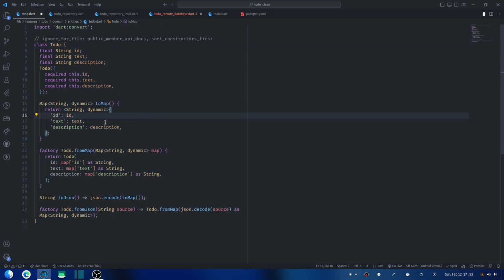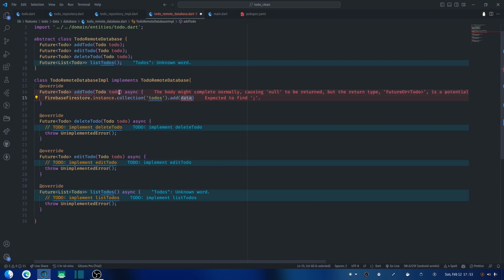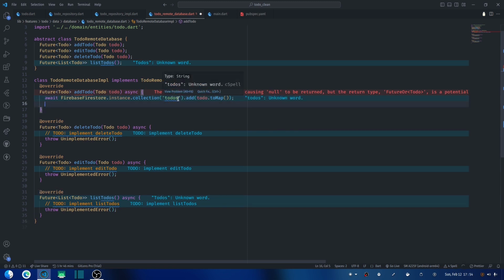So when I tap on this, realize I get these methods added to my class, and the new methods are toMap, fromMap, toJson, and fromJson, and we'll be using the toMap and then fromMap. So back in our remote database, we want to convert this to-do that we have over here to a map. So we can do todo.toMap, and this will automatically convert our to-do to a map. And since this is an asynchronous operation, we can await it. And then we have to return the to-do we added per our function definition. So I'm going to return the to-do,